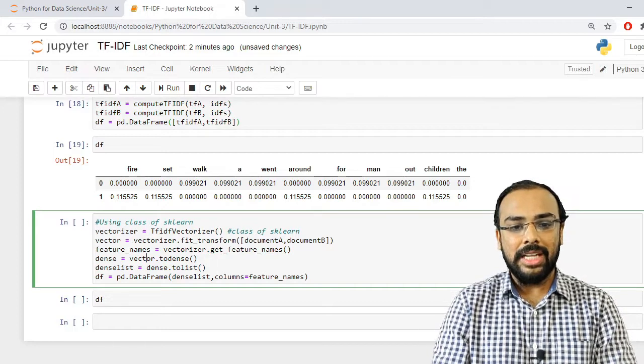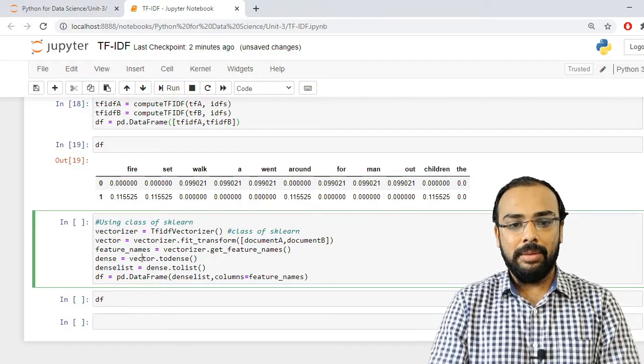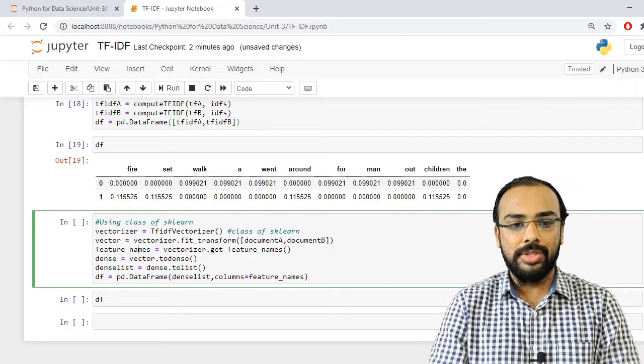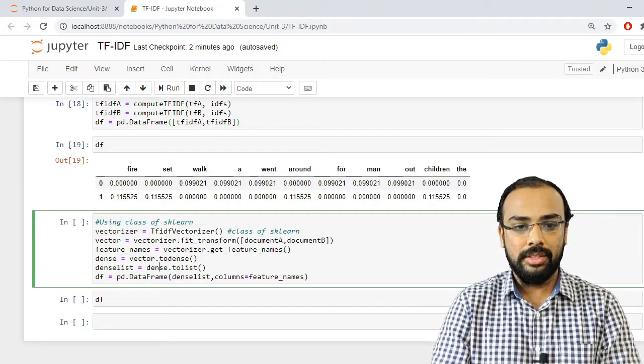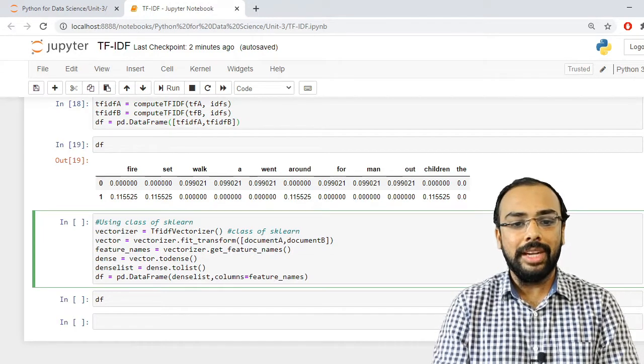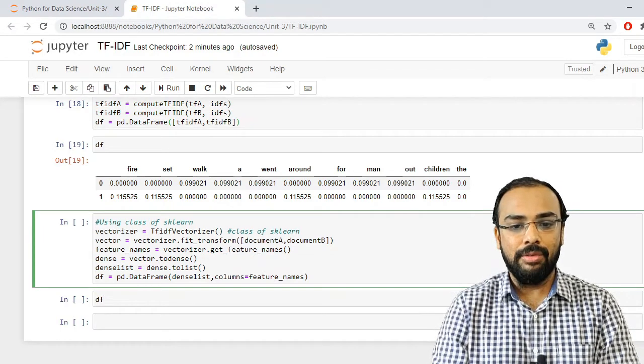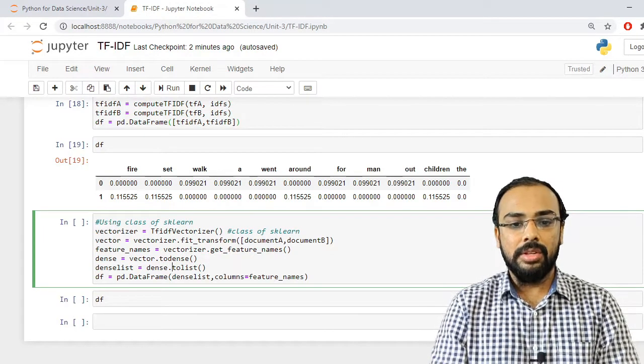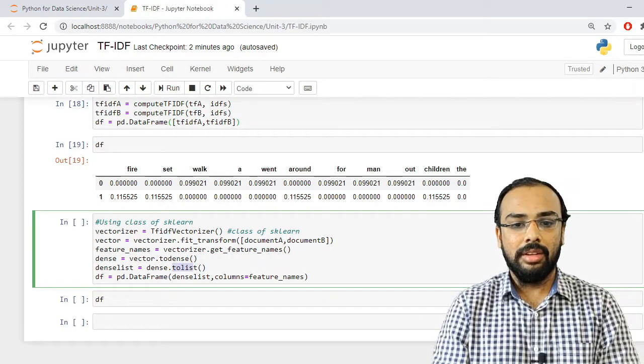Now I am transforming into dense. That means I use the vector object, vector.todense, and I want to convert this dense into a list. There is again a method known as tolist, so it will return a dense list.